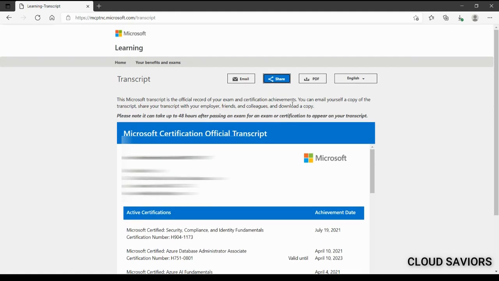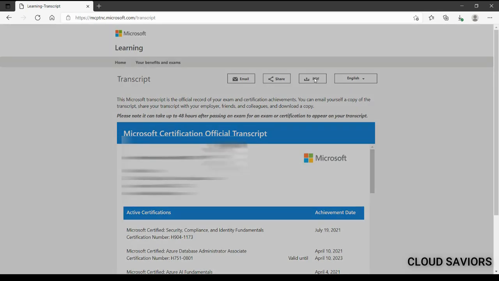Now we have the last option, the PDF one. If you want to export this complete information in a PDF, you can do that as well. Let me do that. Basically, it will create one PDF that includes everything about your active certifications and how many certifications you have done till this particular date. Of course, you can download this PDF and share it with your manager, your colleague, or your higher authority, as per your requirement. It will take some time to create the PDF, so we have to wait.